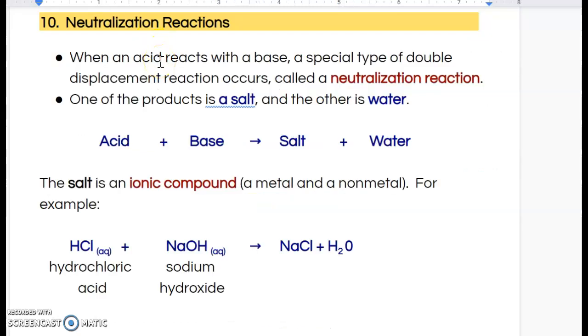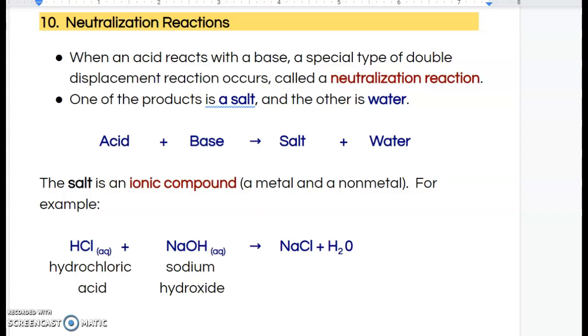All right, so today we're going to be looking at neutralization reactions. After we finish this lesson, you can go off and read the textbook, but I'll show you the pages at the end of this lesson. So a neutralization reaction is when an acid reacts with a base and a special double displacement reaction occurs,